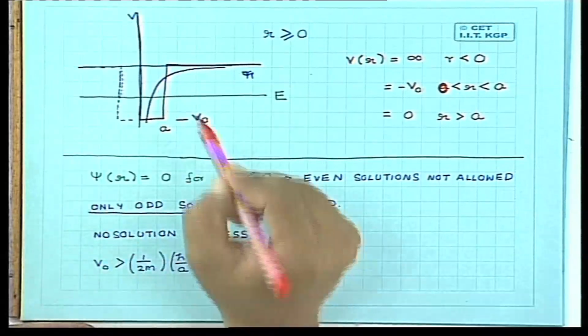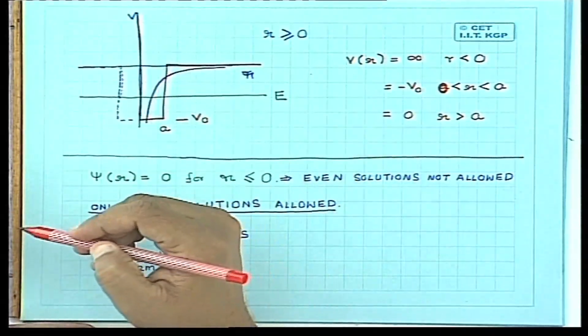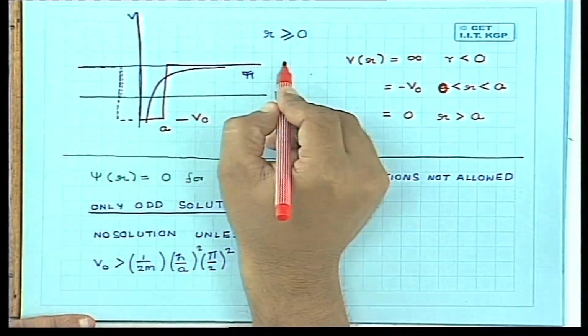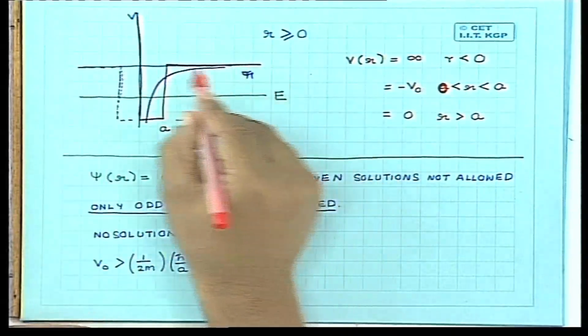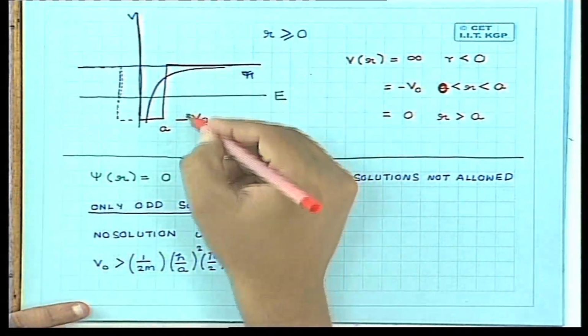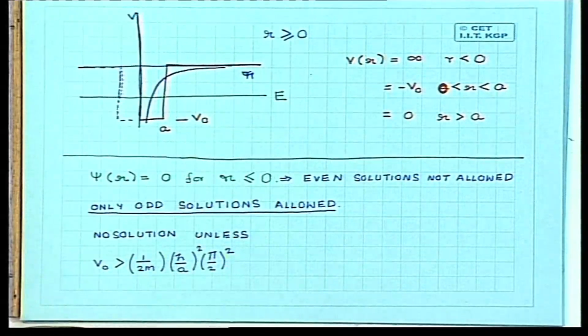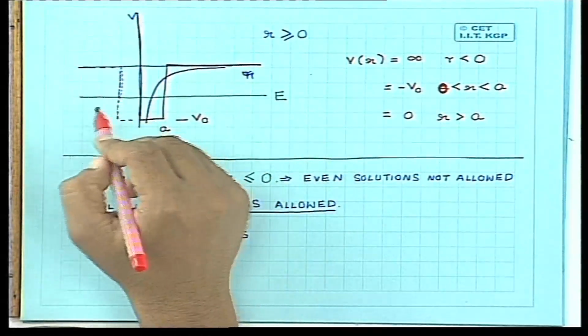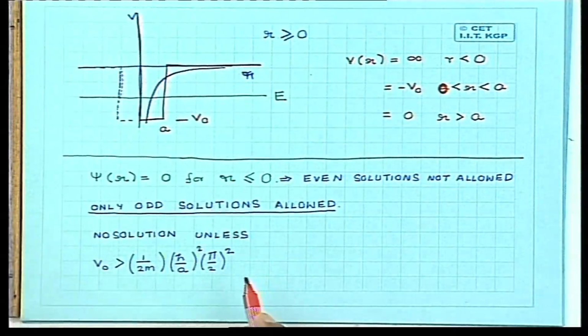You should note that the origin of the potential has shifted, in the sense that at infinity now the value of the potential is 0, and it falls to a value minus V naught. This doesn't make any difference to the analysis. You can carry over whatever we have done to this situation by just changing some sign, adding some constants to the energy and the potential. So the potential is 0 at infinity, and it suddenly drops at the value a.